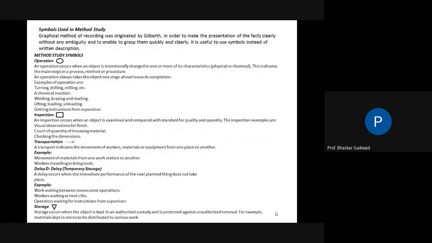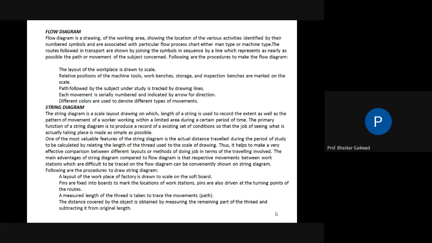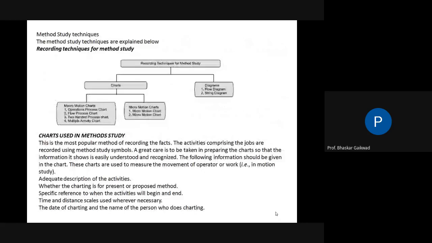Two-hand process chart, multiple activity chart, the symbols used in them. See, this is the flow process chart. Let us take one example in the next lecture: what actually are distance, symbols, and process description. These parts we're going to see. So once again,